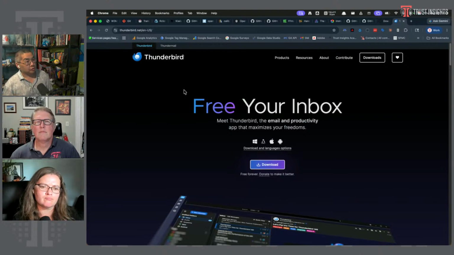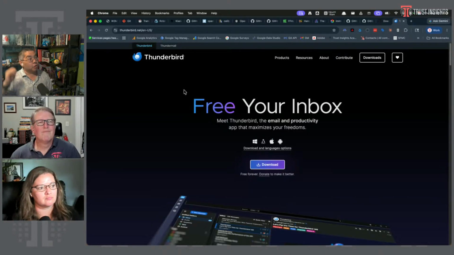Apps like Thunderbird, which is an open source project, store it in what is called Mbox format, which is a plain text archive. I have Unix Mbox files from college, from 1995, that are viewable today because it's just plain text. So one of the things you want to do as a data prepper is have your email in a system like Thunderbird. It stores it locally, and you'll be able to open those files in 100 years. Like your great grandkids will be able to open them up and go, wow, that looks like grandpa forgot the cover on his TPS report.